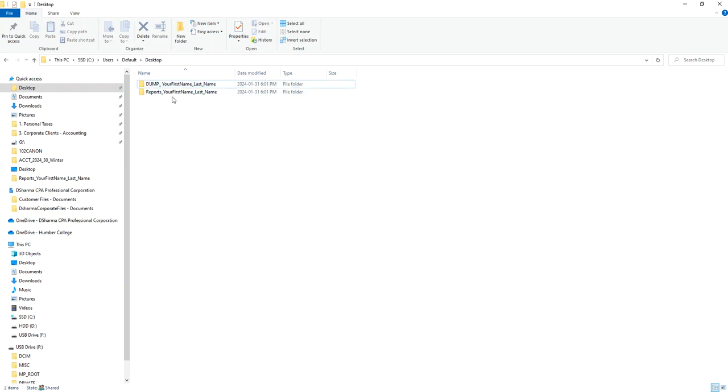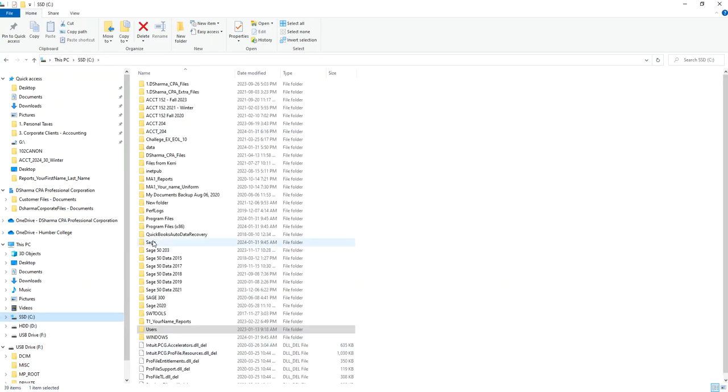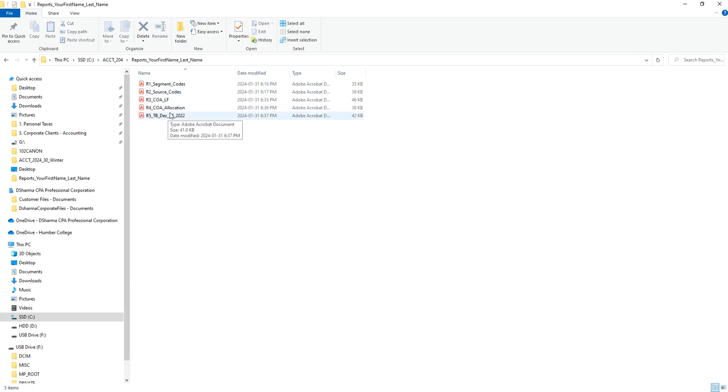software. So before you dump it or give me the file, you want to make sure that all the files that you need to give me are there. So the database dump, you open it. Not this one, the one that I have is not on the desktop. It's under this folder. So when I go into the dump, see, that's why it's important to check the file before you give it to me. So you see the dump is here. That's great. You open the reports and see there are 5 reports, and I need you to give the 5